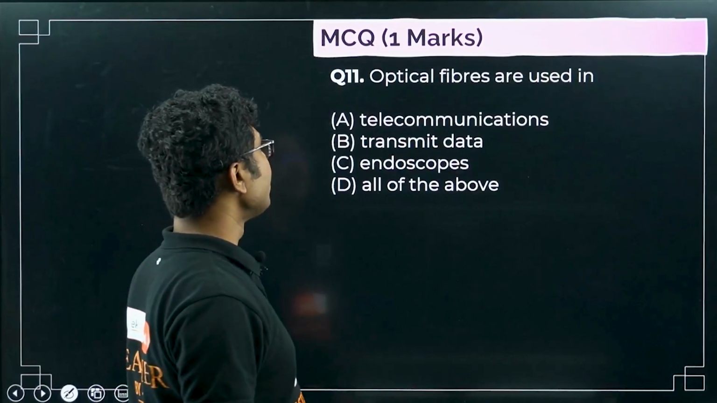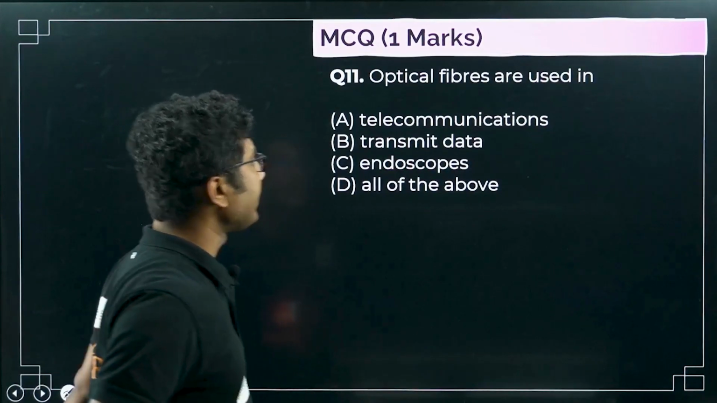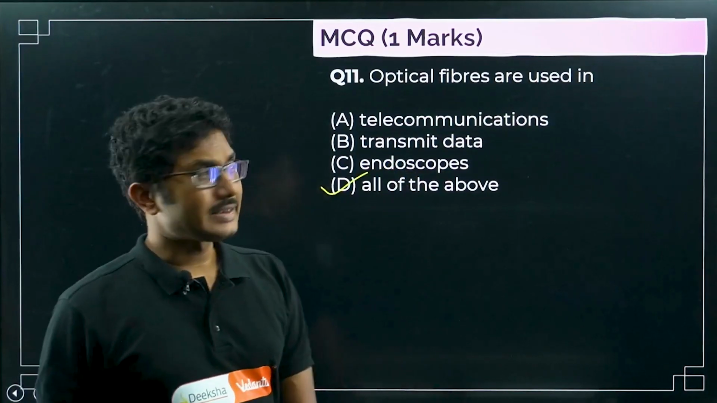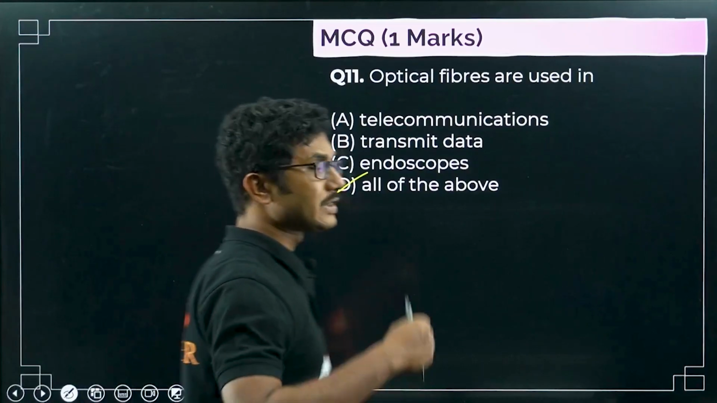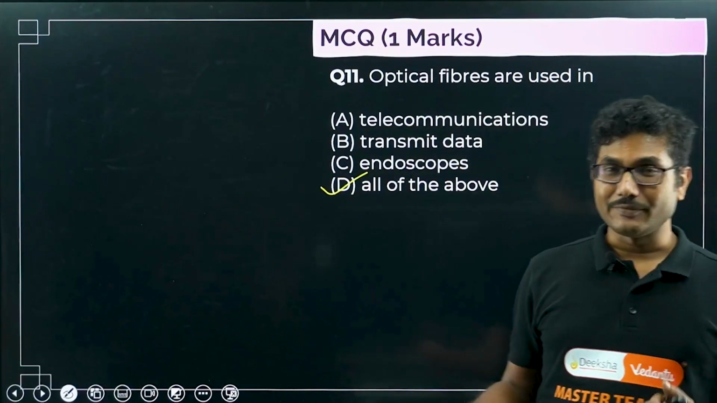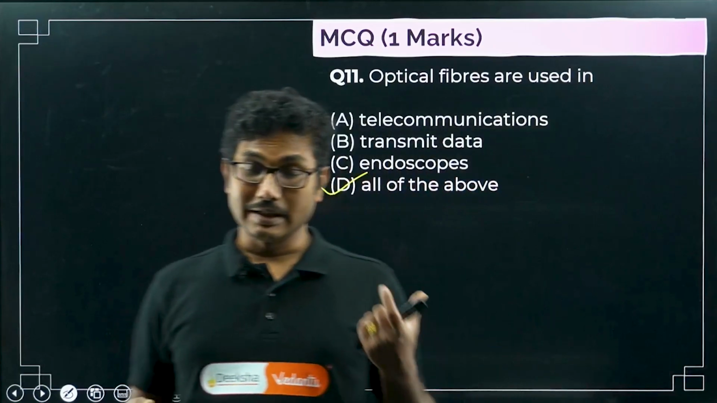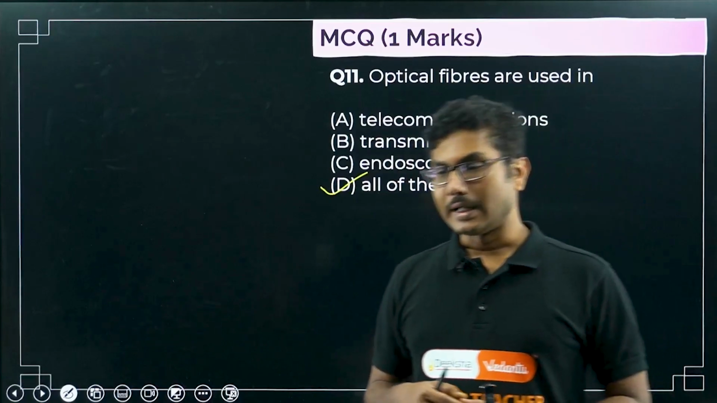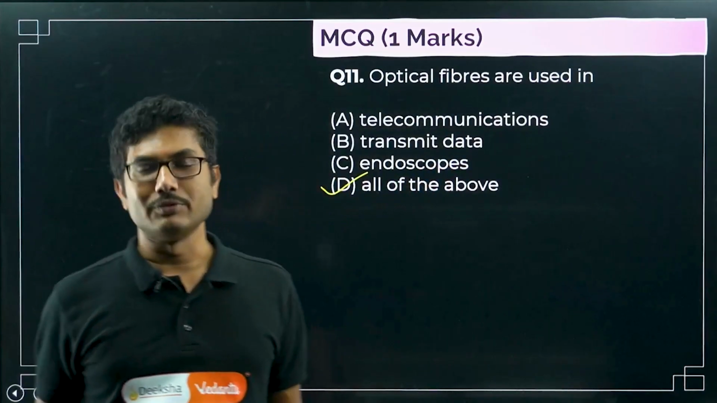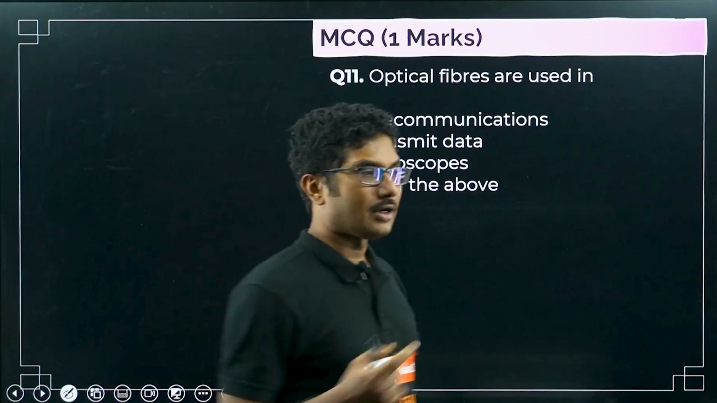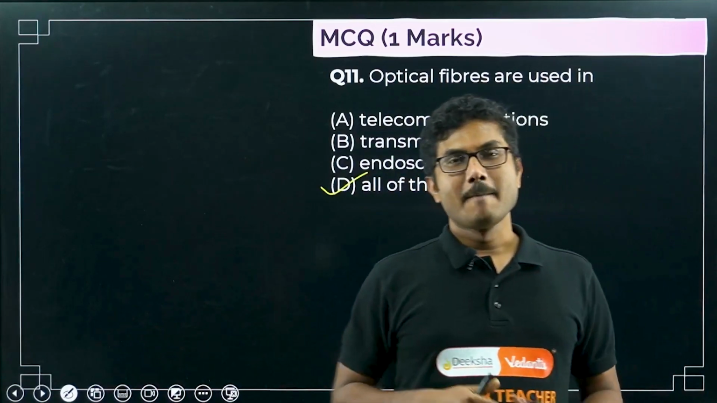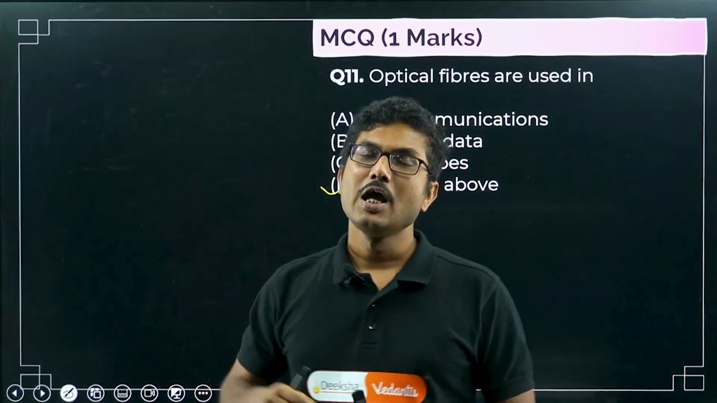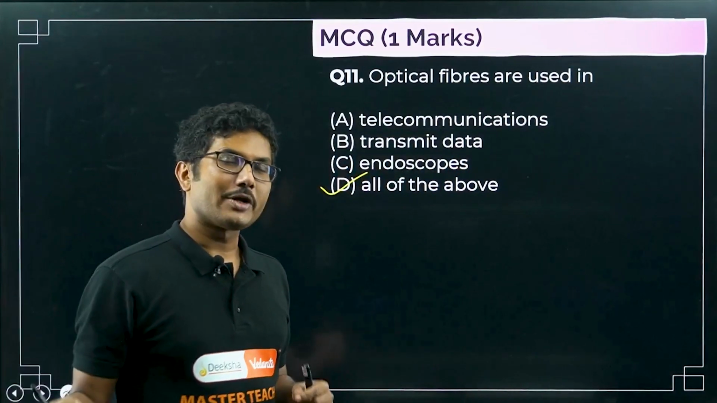Optical fibers are used in telecommunication, transmitting data, endoscopes, all of the above. It is used in all of the above cases. It is used in telecommunications. For example, the telephone line, the landline, depends on optical fiber. Even if you are using a mobile phone and think no optical fiber is used, you are wrong, because when you are doing a long distance call, first the mobile phone connects to the local tower. From that local tower the data is transmitted through optical fiber,